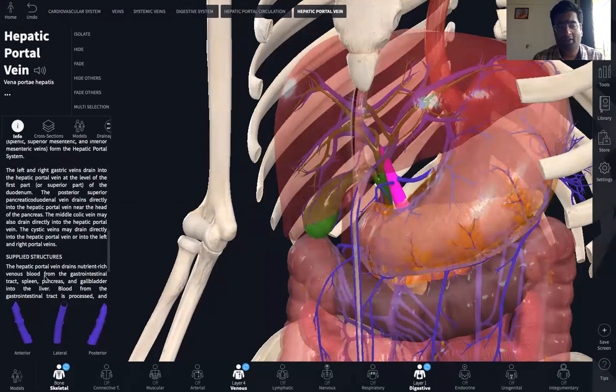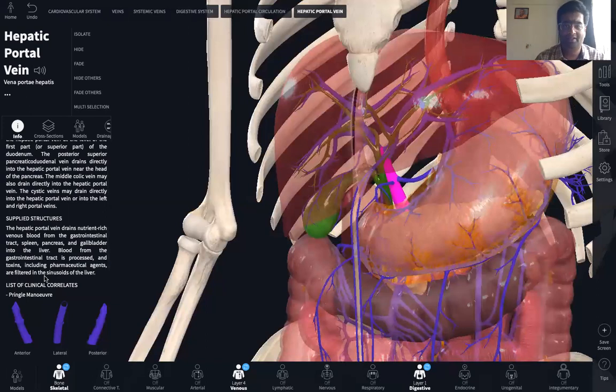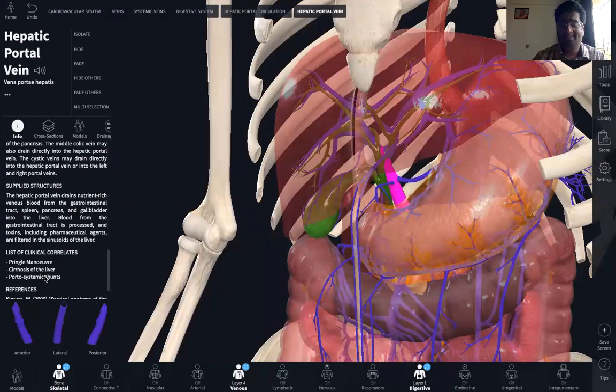As soon as the hepatic portal vein enters the liver, it breaks up into capillaries. So as I told you at the start, a portal vein begins as well as ends in a capillary network. The liver will assess all the nutrients and the rest of the blood for toxins, pharmaceutical agents, and other unwanted substances. Finally, the processed blood is released from the liver via the hepatic vein. The hepatic vein originates from the liver and joins into the inferior vena cava.